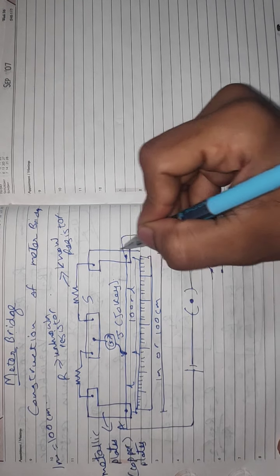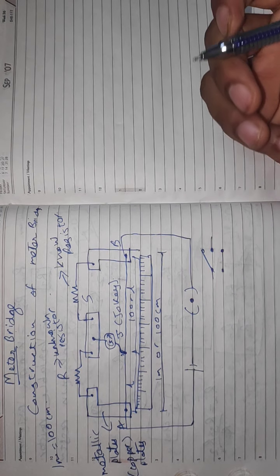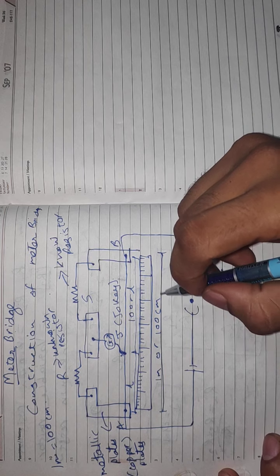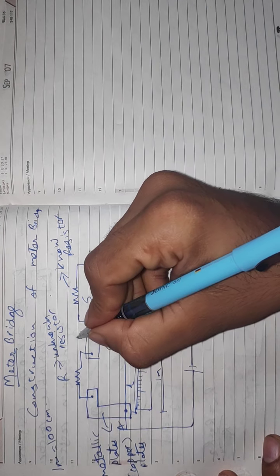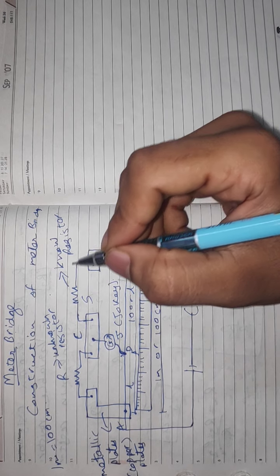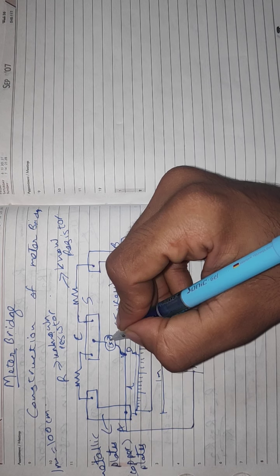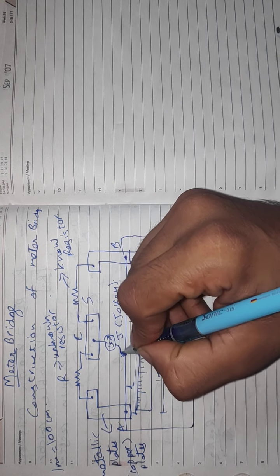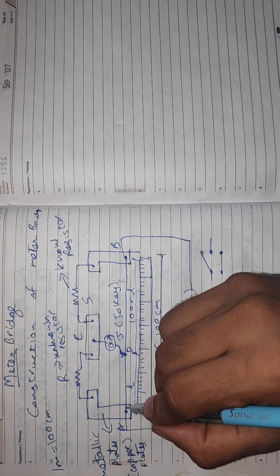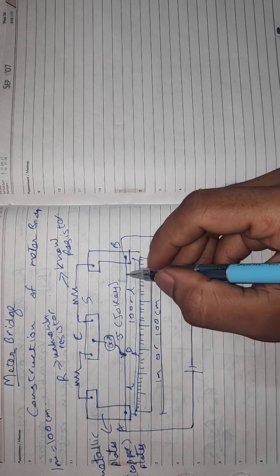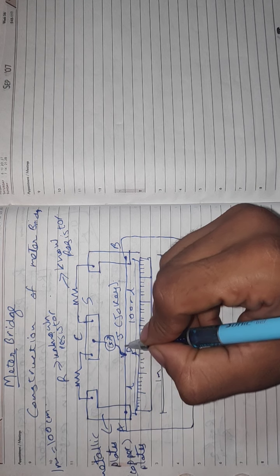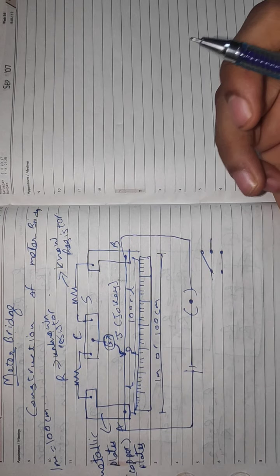Here I will write A, here I will write B. Anything else required? No. This point I will name as D. Let us name this C. Okay, so what is the main purpose? To balance this galvanometer. Whenever you are moving this jockey, you can slide this jockey along all of this wire, of 100 meter length. You need to put the jockey in such a manner that the deflection in this galvanometer is 0.